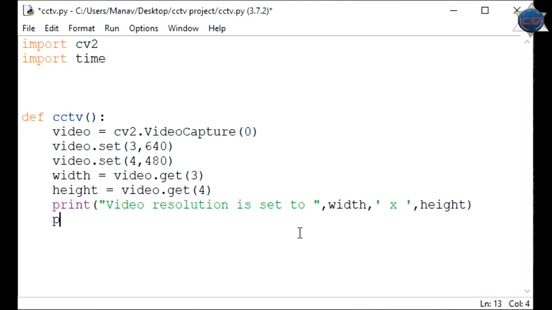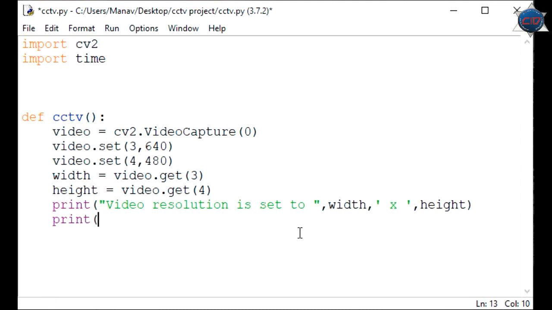Now I'm going to show some hints for the video. We could start by asking whether we want to start or not, but for exiting the CCTV I'm just going to assign the escape key. When the user clicks the escape key, it will halt the program, close the CCTV and save the footage in the folder. And we can also minimize that video showing on the screen so that no one will see that the video is capturing you.